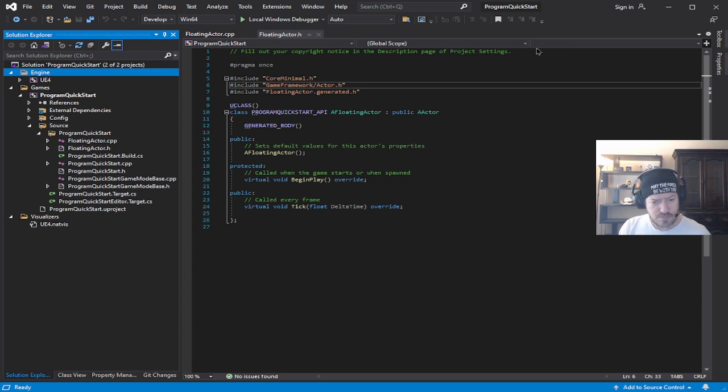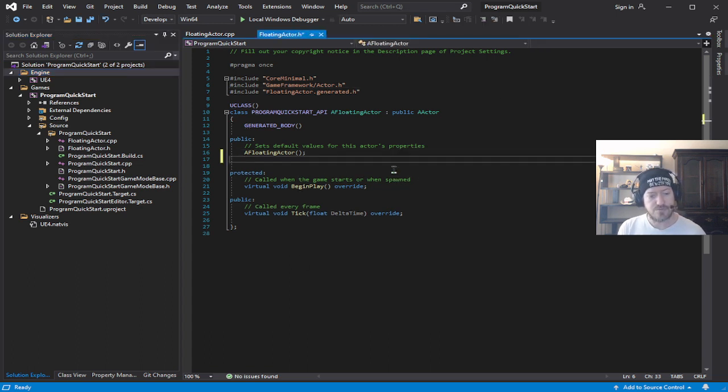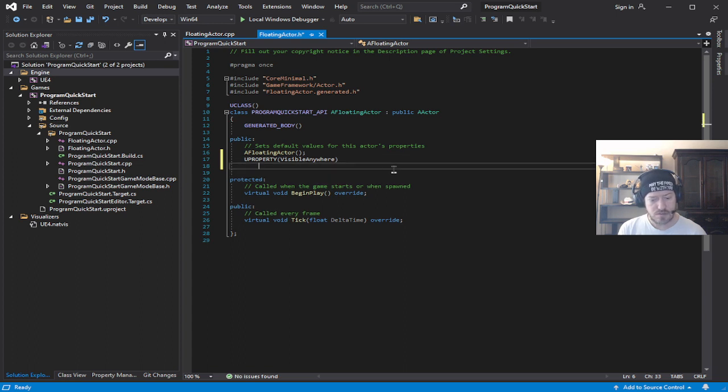Okay, so below floating actor, gotcha. UPROPERTY, VisibleAnywhere, UStaticMesh